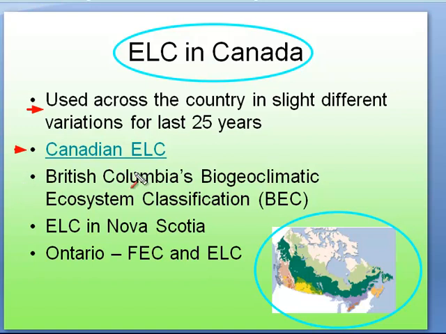I would say the most complex one that you'll find out there, of course, is in British Columbia, and there it's called biogeoclimatic ecosystem classification, and the short form they use out there is BEC. And why is it so complex? Well, heck, you've got mountains and an incredible range from southern Vancouver all the way up to Alaska, and mountains, which of course create lots of difference in elevation. You have an incredible range of